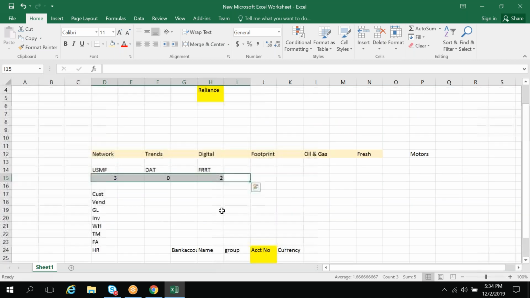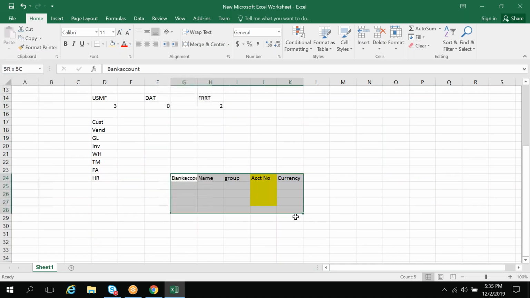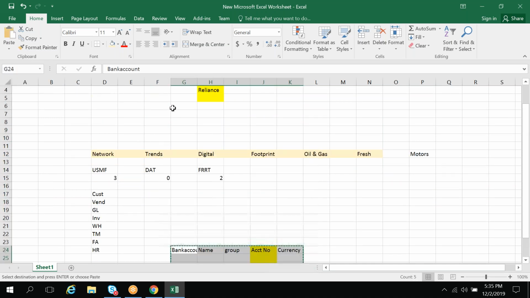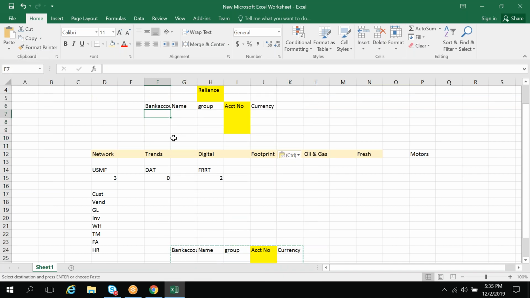The system will fetch the information according to the company name. For example, let us assume that we have 5 records here. These 3 records belong to the USMF company. For example, if you open the USMF company here,